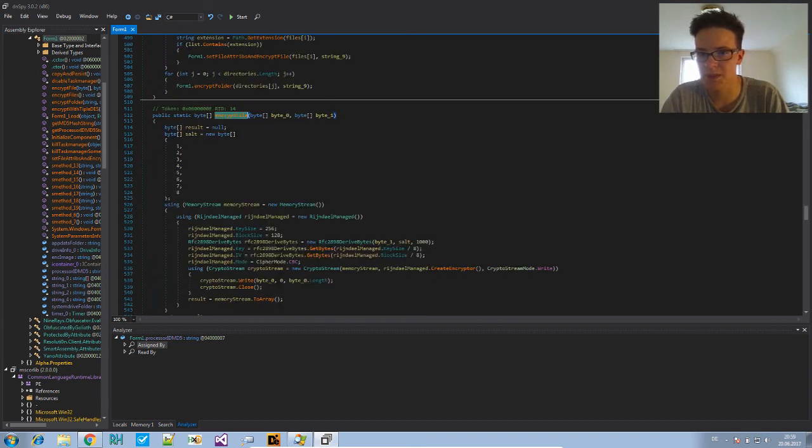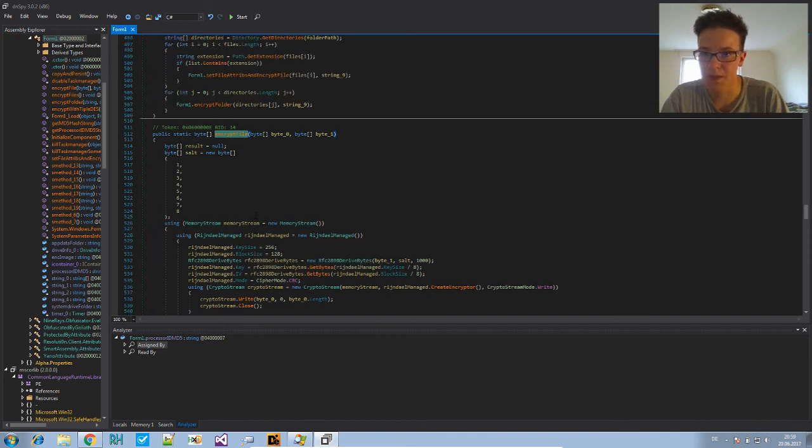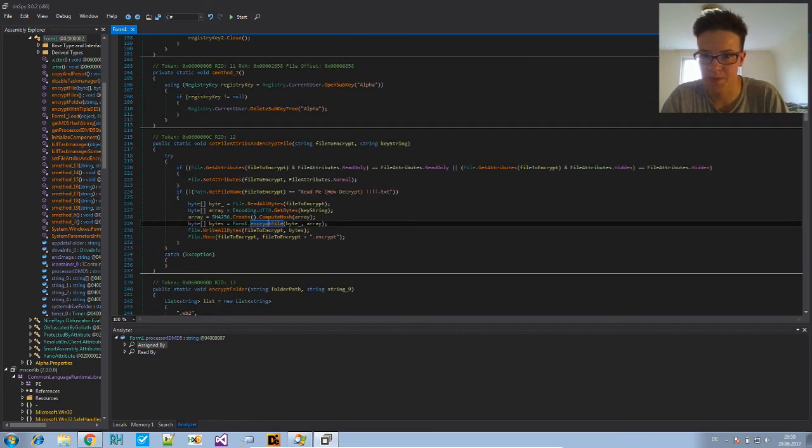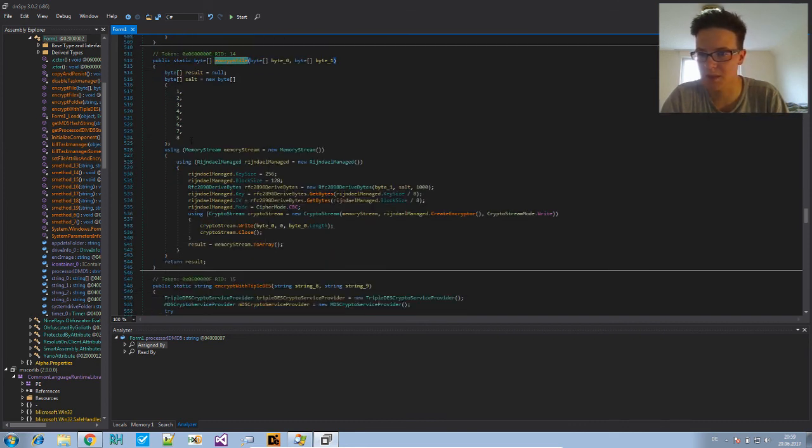So let's go to this part. And we know, go back. We know the first one is the file contents and the second one is the key. So here we see a static salt. We see that the key is being used here, and it's AES that's being used here with key size 256 and block size 128. CBC. Okay. What does that mean for us? It means this